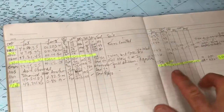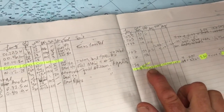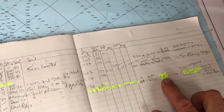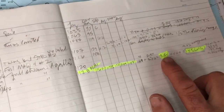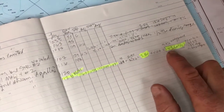And you can see over the last 24 hours, we've done pretty well. We've done 160 nautical miles over the ground. Not our best day at all, but a pretty good day. But the real news is that it's the first day in a while that we've had a really good day of longitudinal run. So we did 3.5 degrees of longitude from noon to noon, which gives us 145 miles of